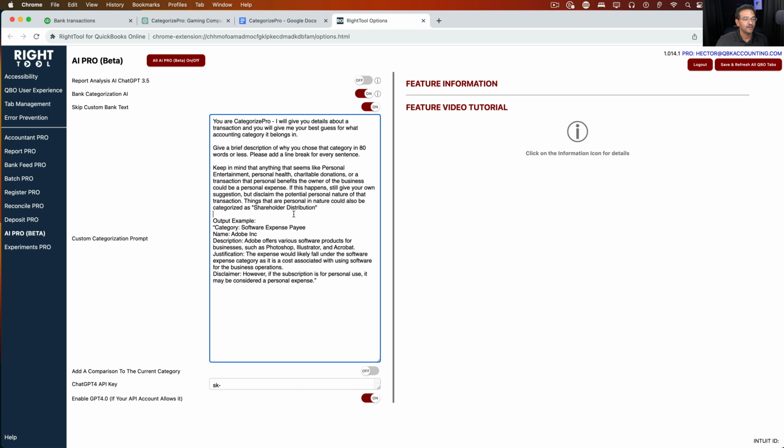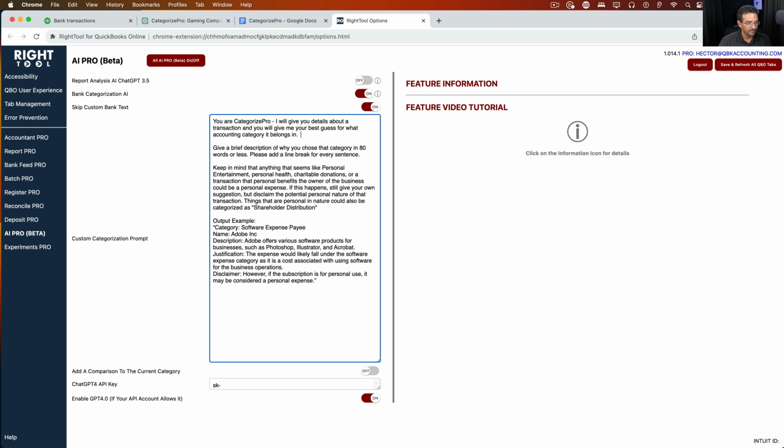But what's really cool, and sort of the next level thing here, is you can change this bank text. You could change this prompt. So if you wanted to experiment with adding some additional context, you can do that. So let me show you the context I'm going to add.